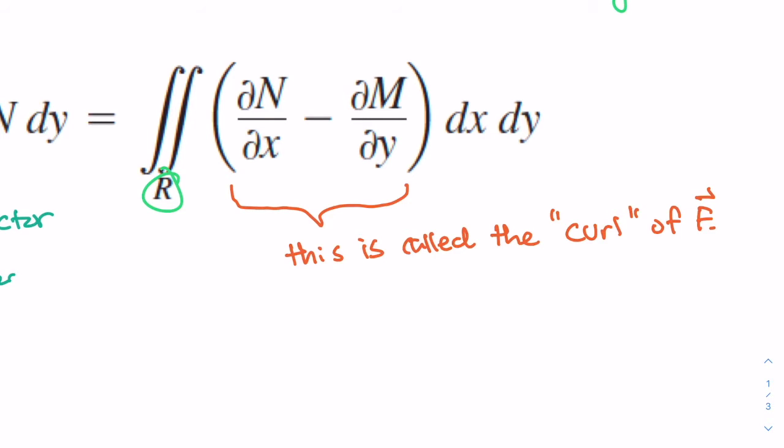So we talked about circulation as the tendency for a vector field to cause rotational motion, to rotate a particle in the vector field. And the curl is like the microscopic version of that. So it's circulation per unit area, where the unit area gets infinitely small. So we would call this the microscopic circulation